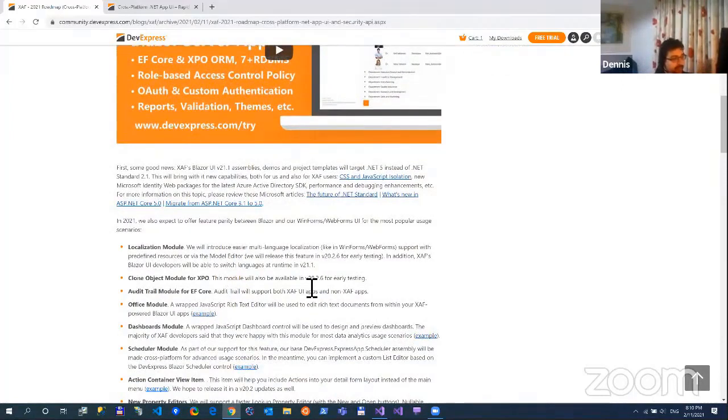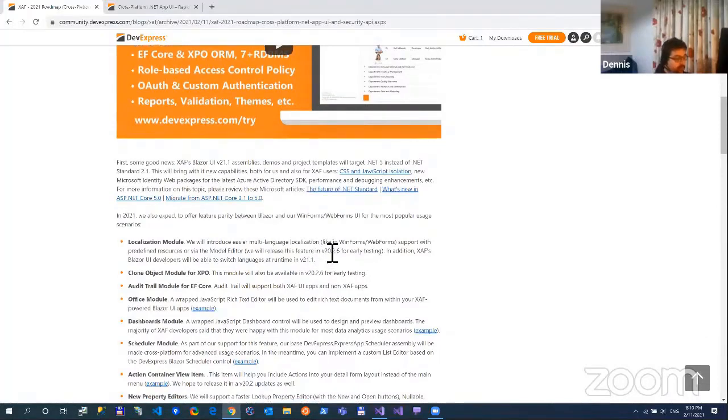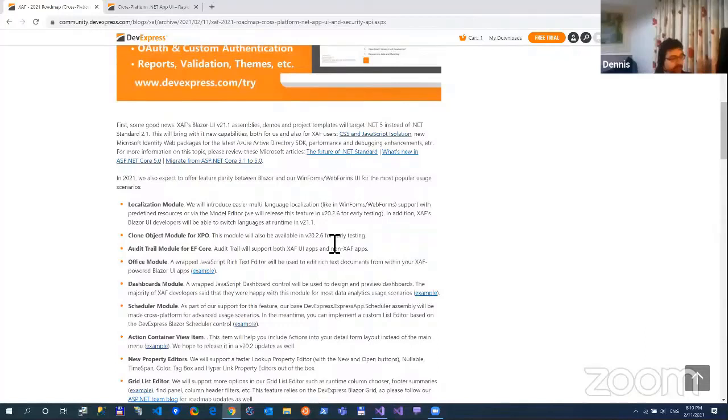Also, the next minor version will support the clone object module for XPO. And also, as you know, Blazor UI supports Entity Framework. So we will additionally support the audit trail module for Entity Framework in our next major release. Of course, we will support more typical modules that many of you loved from WinForms and WebForms. For example,